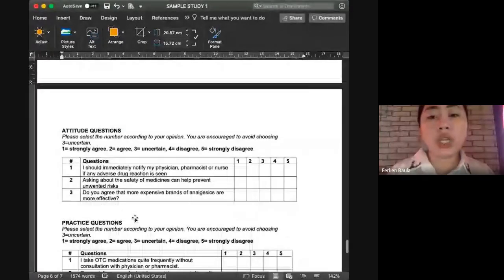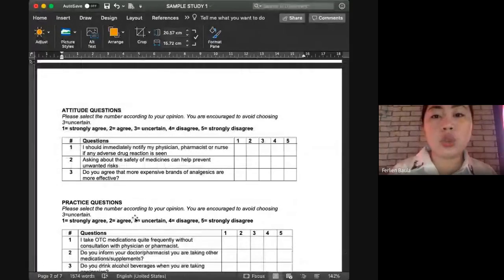So, if we want to check attitude, nasabi nyo kanina attitude, then we will put a section on attitude. So, yan. So, one question on attitude is, I should immediately notify my physician, pharmacist, or nurse if any ADR is seen or observed. So, kung ang sabi ng respondent is uncertain,